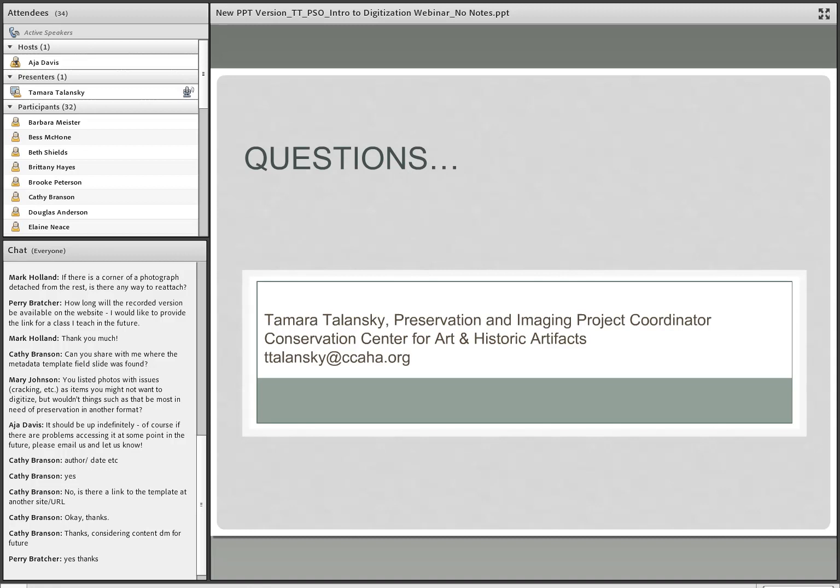But yes, definitely, if you're able to do it, the ones that are most fragile often are the most in need of digitization, but you just have to be careful so that you don't damage anything further. Or you just take that risk and you assume that responsibility for that, if it's okay with your institution. I hope that helps, Mary.